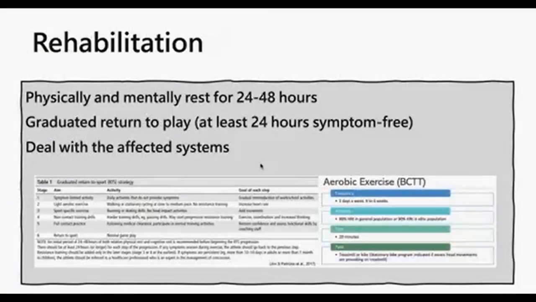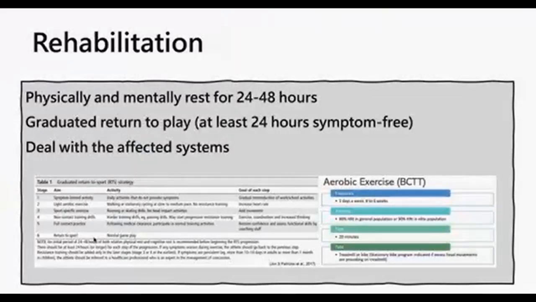And then you need to deal with the affected system. They divided the graduated RTS protocol into 6 stages. First you are going to do symptom-limited activity, followed by light aerobic exercise, sport-specific and non-contact drills, then full contact practice, and finally return to sport. So at minimum, it usually takes about 1 week to return to sport. So the next time you encounter a concussed athlete, remember to tell them not to go back to sport